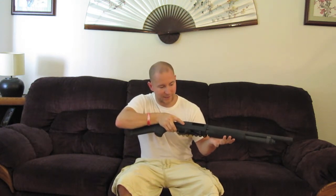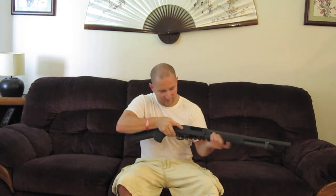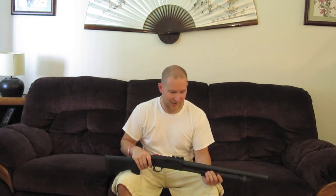I do a function check. There was nothing in the chamber, and it's still sitting there. And check again, it's still not coming out. Slamming, slamming, slamming, and then really jamming it into there. And then finally, it would pop out and then go in. So that seemed to be a significant problem that I was having, and then causing a reliability issue, which is something you really shouldn't have with a pump